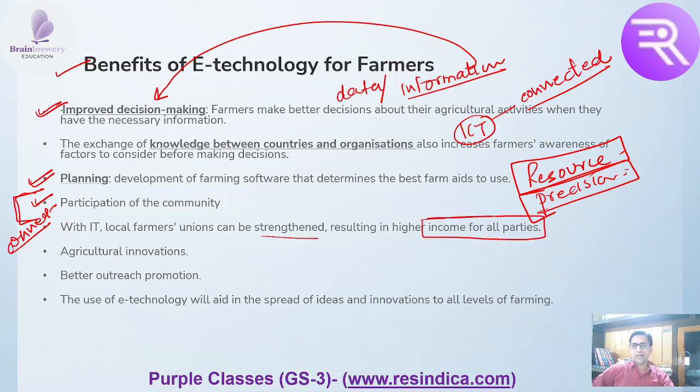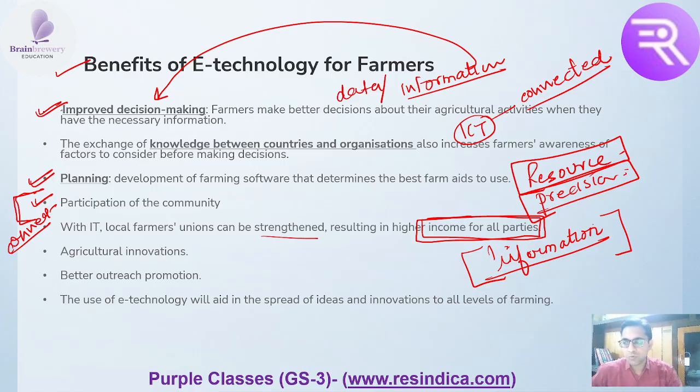So with this type of use of information communication technologies, when you have proper information at your hand, you will be able to generate income for yourself by properly applying your knowledge in the fields, in your agriculture, in your crops. And since you have all the information, automatically you get boosted, you get strengthened, because knowledge is power. Whenever you have all the technical know-how, nobody can fool you, because you will have the power of the technologies in your hand.